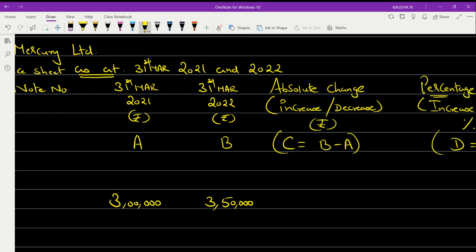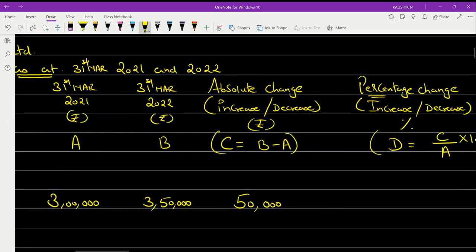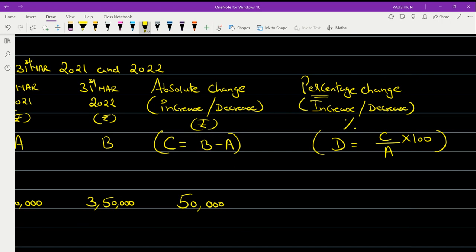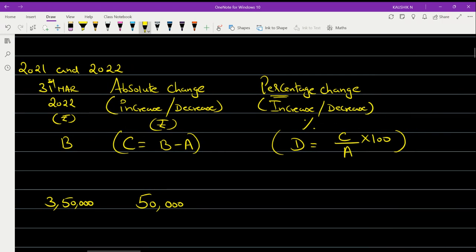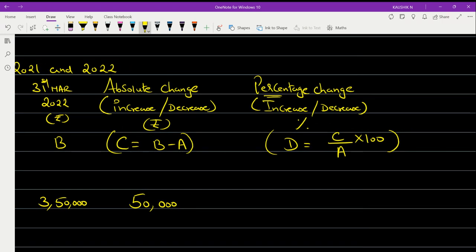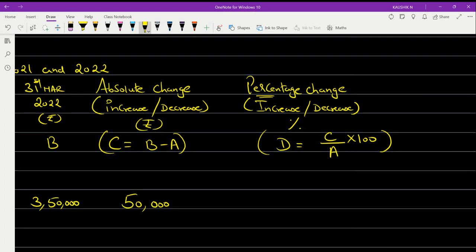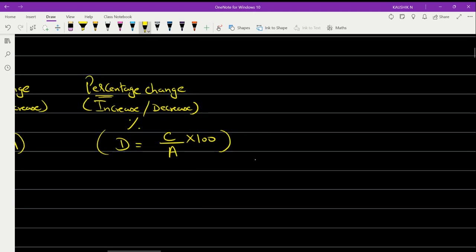Now comes the C column. So C column, the value you are going to derive by 3 lakh 50,000 minus 3 lakh. What will be the value? 50,000. Very good. But have the habit of saying rupees either in the prefix or in the suffix. Rupees 50,000. Now you are going to find out how much is the percentage change. For this you can do the workings either at the bottom of your paper or at the side. So that means D column. C column value, that is 50,000. Here I'm doing the working notes. So 50,000